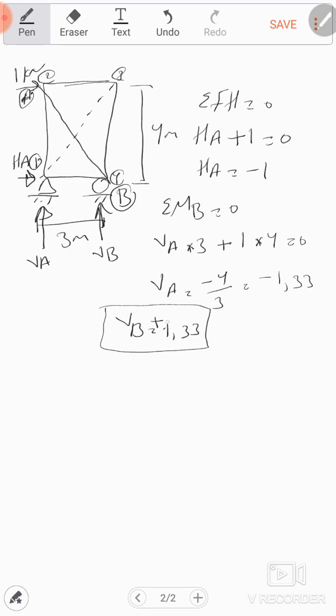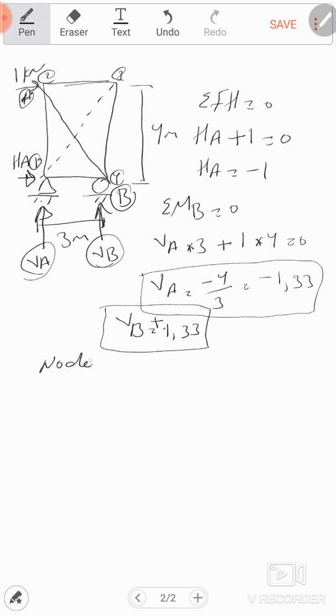Why? Because we don't have any applied force in this shape. I'm talking about this figure. We don't have any forces in the vertical direction, only the two vertical reactions, VA and VB. So when you sum these reactions, you will get 0 because you don't have any applied load in the vertical direction. So next, to find the internal forces,